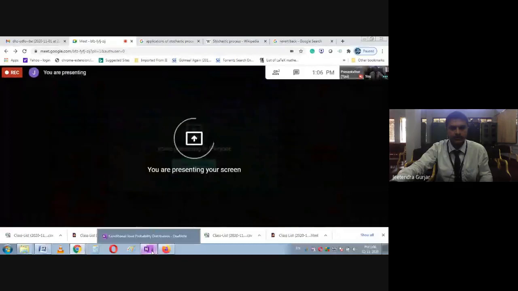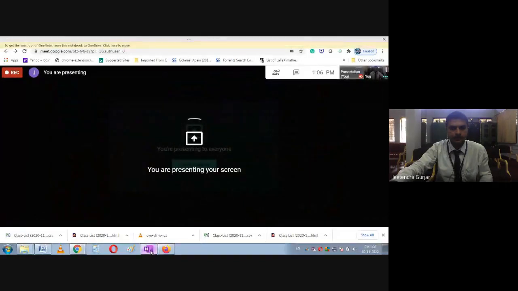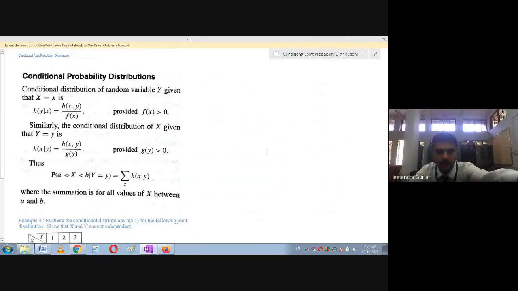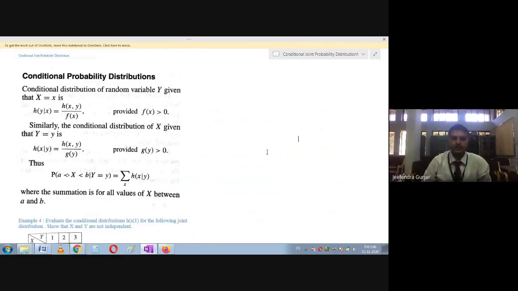So very important today we are going to discuss the conditional joint probability. Now just see, students, it is a very important formula you are going to come across, and we can see this on the screen. Conditional probability distribution, students. So I think we have come across the various applications, and we have seen how to